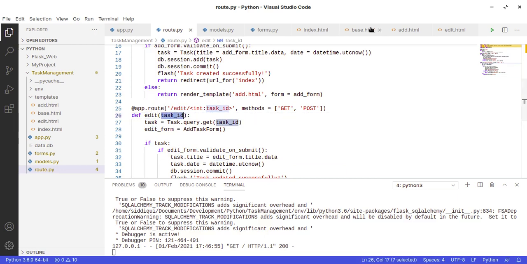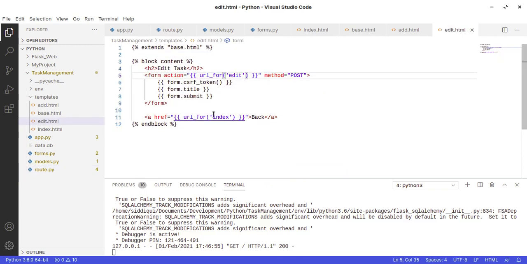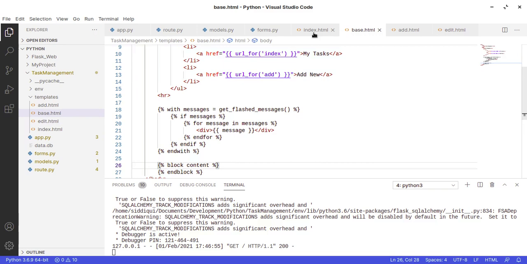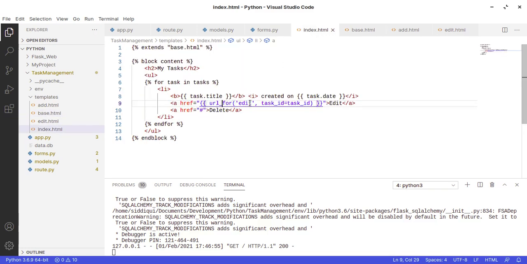So here we pass the name of the method and also set the parameter.